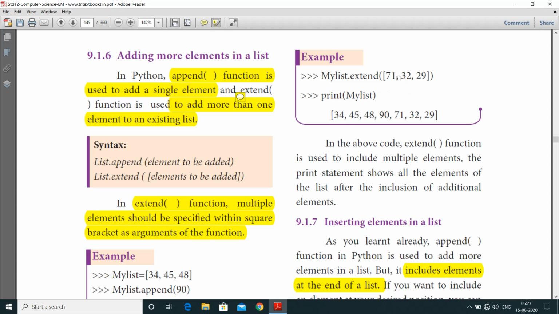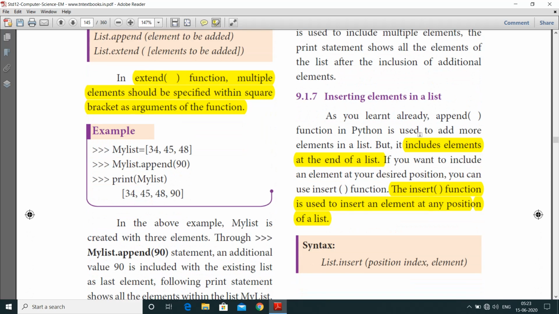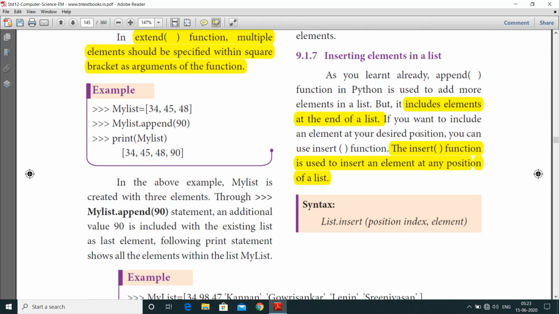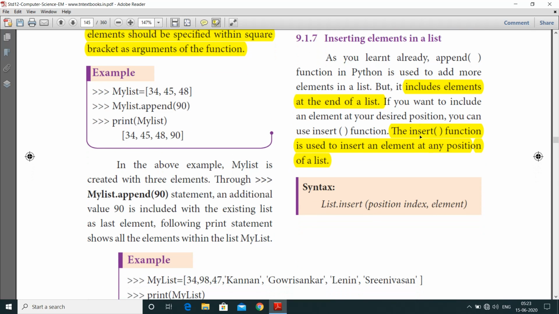So here the output is print of my_list: 34, 45, 48, 90, 71, 32, 29. Here all the elements are added at the back of the list, at the end of the existing list. And next one is inserting elements in a list. Here we already know append is used to add one element in a list.